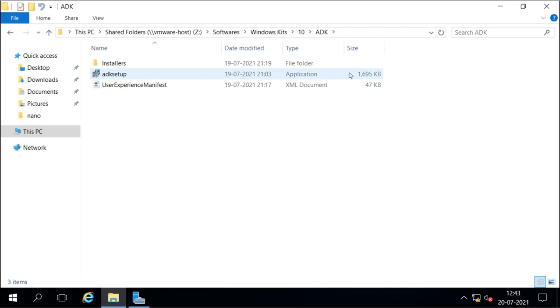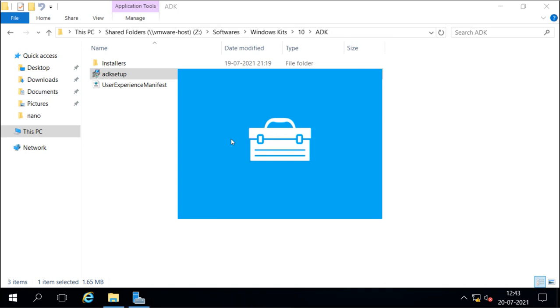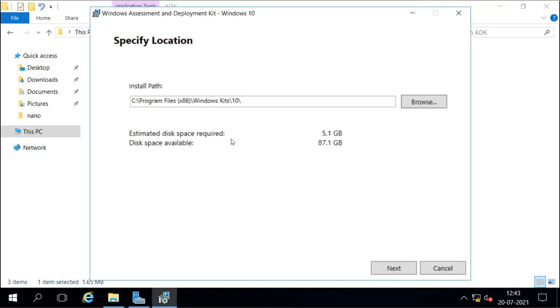When we run this, we get the option to download or install. I have already downloaded, so now I will install it. So I will run the setup again. Because I have already downloaded it, it is giving me the option for the installation path only, not the option to download it. So I'll say okay, I want to install it here.